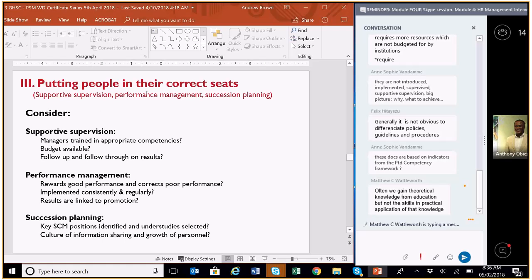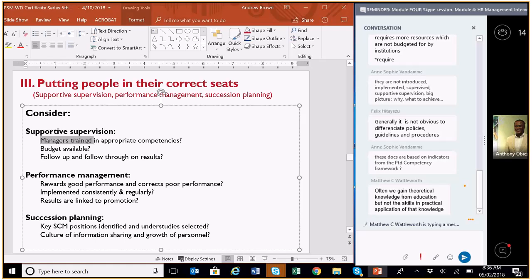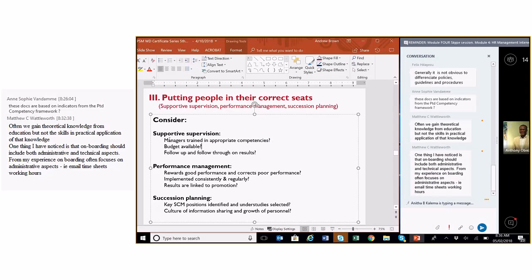When it comes to putting people in the correct seats on the bus, the sorts of things we want you to think about are supportive supervision, performance management, and succession planning. When we think about supportive supervision, the big issues for me that I've come across, and you've mentioned these already, is do managers have the right competencies to be able to supervise staff? Do they have the human resources competencies to be able to provide feedback, to have a non-judgmental conversation with staff members regarding their productivity,